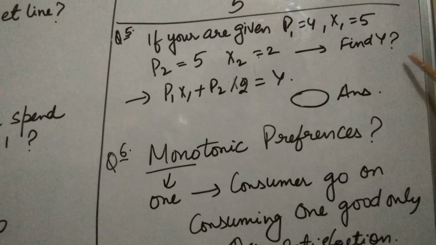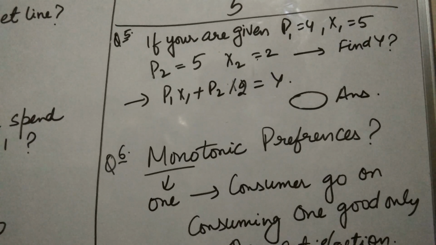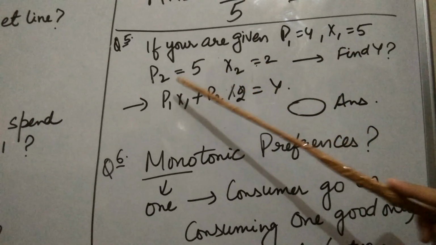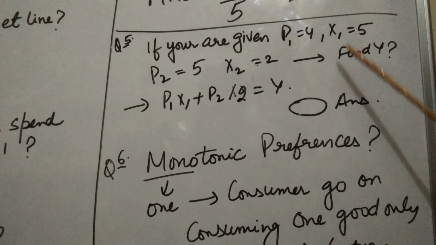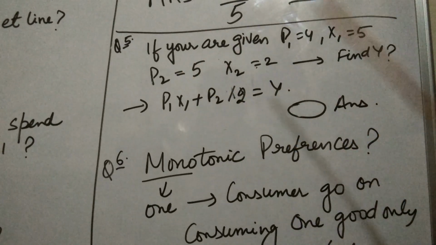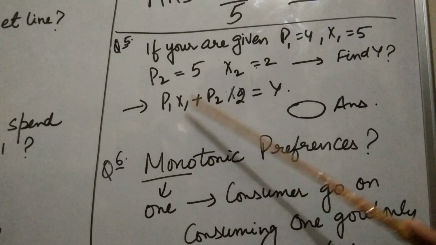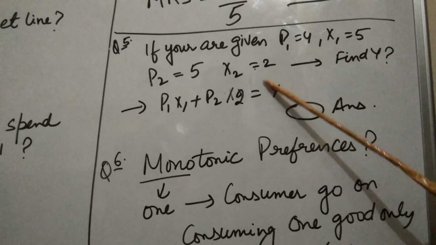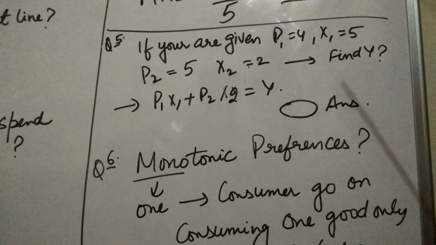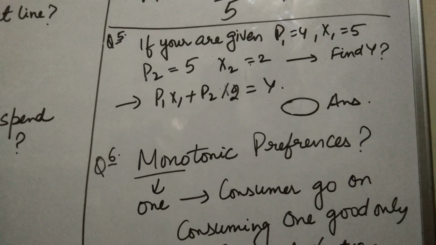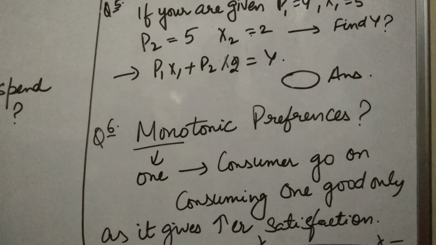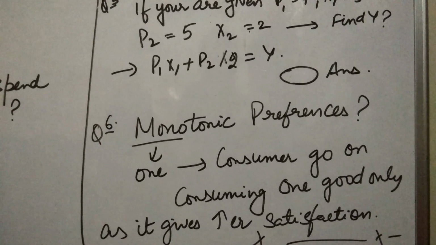Similarly, this is the other kind of question that you can encounter from this chapter. Okay, it says if you are given P1, X1, P2 and X2, and now you are supposed to find out the income of the consumer. Simple. Just put all the values in the formula P1 x1 plus P2 x2. You will get the consumer equilibrium. You guys need to solve this question and answer the income of the consumer in the comment section. So for today you have 3 answers which you are supposed to answer in the comment section. Make sure you answer each of the questions.